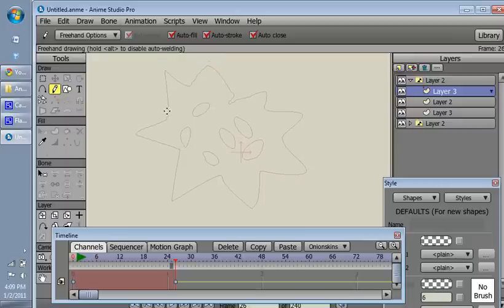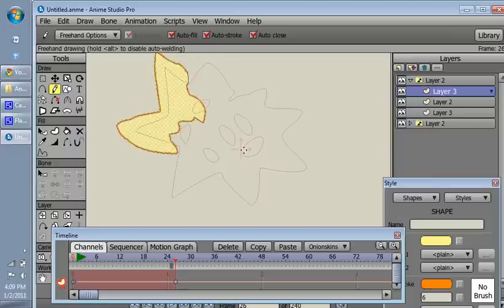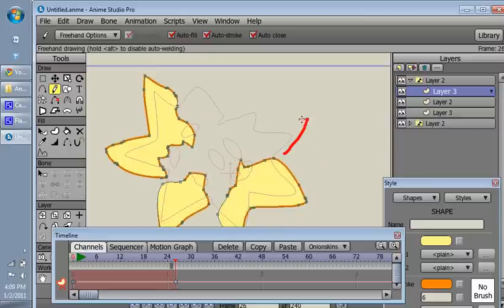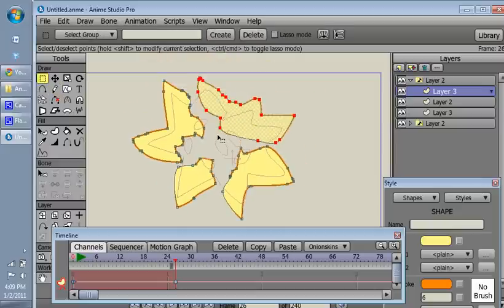So expand your points, not as much as you did the last time, and then just draw sort of like a randomized edge over to there. And you can do that with this one, and you can group them if you want. I'm just doing a very fast version. There, like that. Now what I'm going to do is I'm going to select all the points that are inside,